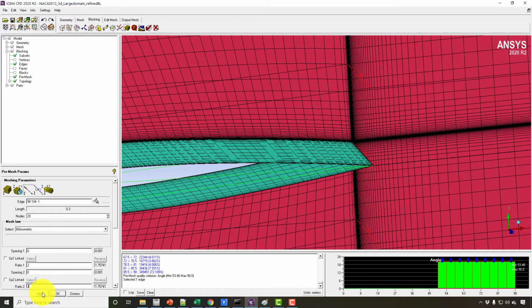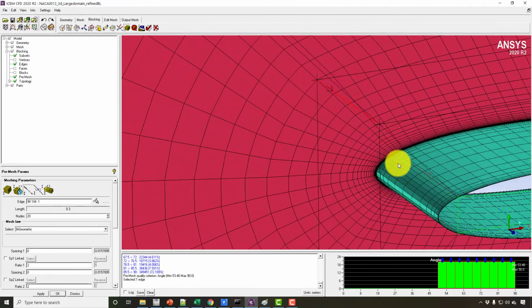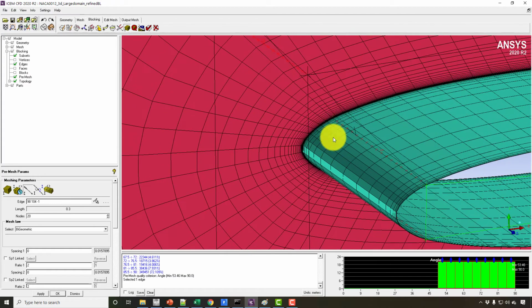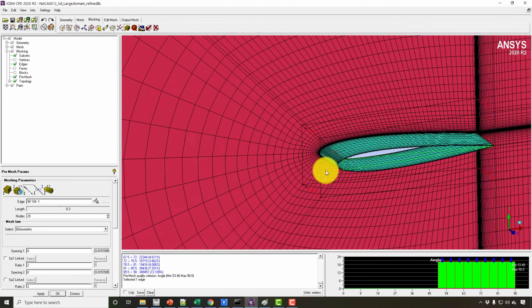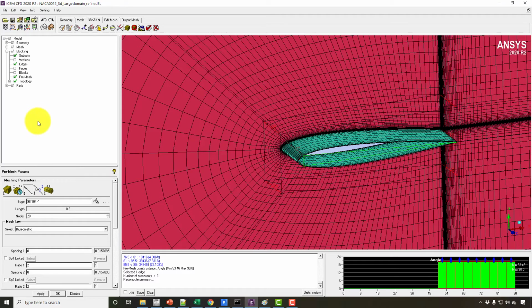So why put this value up to these values? Because on every layer we have the same distance from the wall for the boundary layer, so why should we put more nodes towards the symmetry condition? Because the symmetry condition is a slip condition. So I'm thinking about this, and I will check the pre-mesh.